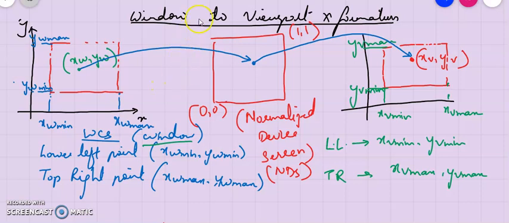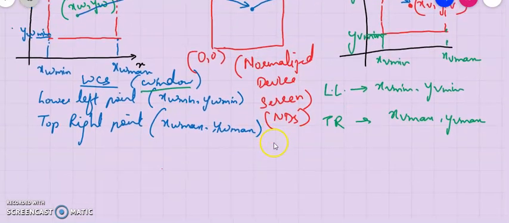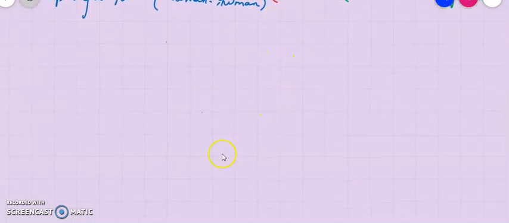Okay, so this is the point where we had stopped in the previous module. For window to viewport transformation, I'll be using a normalized device screen, that's NDS, that basically converts my world coordinate system to normalized device screen, and then my normalized device screen gets converted onto my viewport, that is the device coordinate system, right? So two steps are involved whenever I want to do my window to viewport transformation, and we just quickly have a look at what these two steps are like.